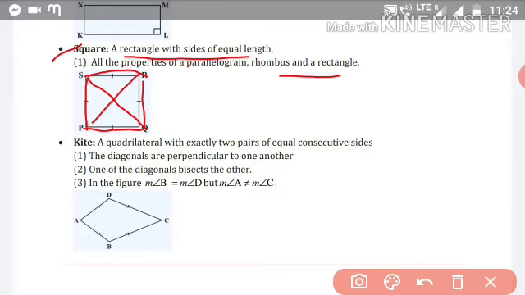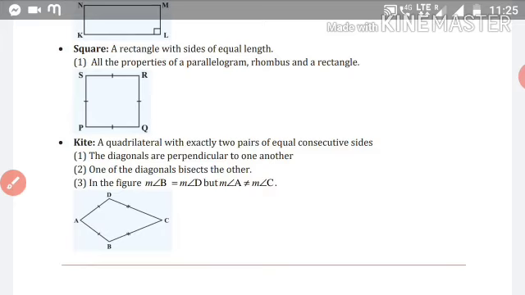So for square, the diagonal will be what? The diagonals will be of equal length and they also bisect. Bisect means it will divide equally at O. Okay, it will divide equally at O. And also, the property of rhombus means their diagonal bisectors will be what? Perpendicular. And this is also perpendicular. This will also be 90 degrees, and also equal length, and also it will be a bisector.